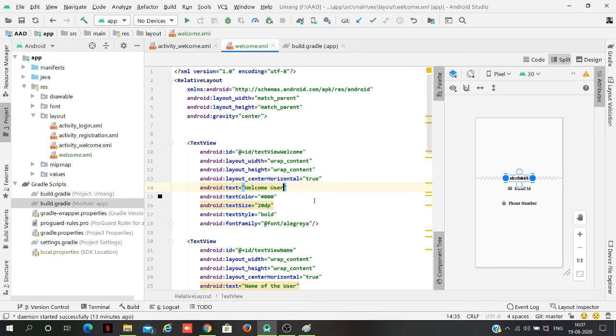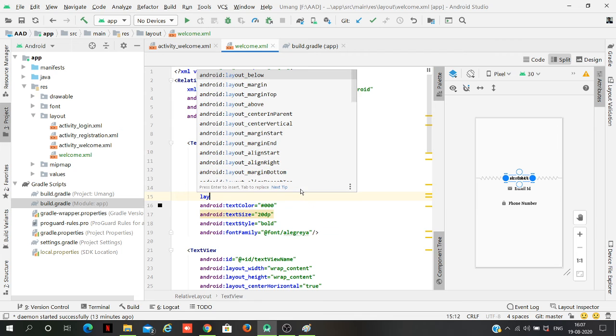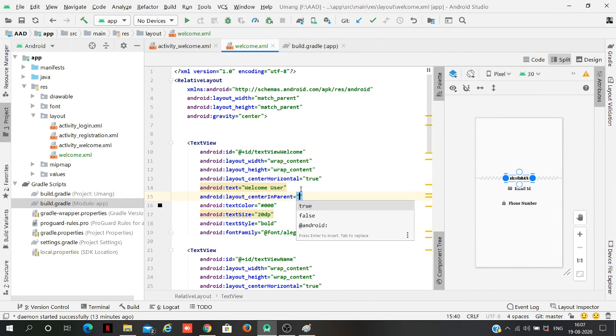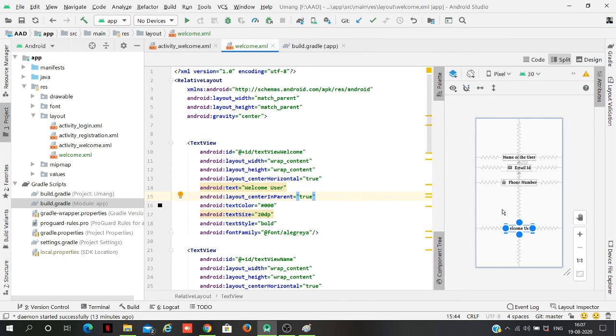Now I'll be writing center in parent true. So I have got a text message welcome user over here.